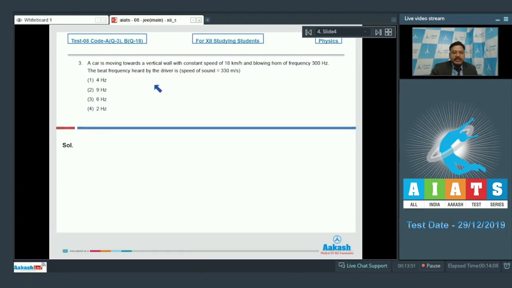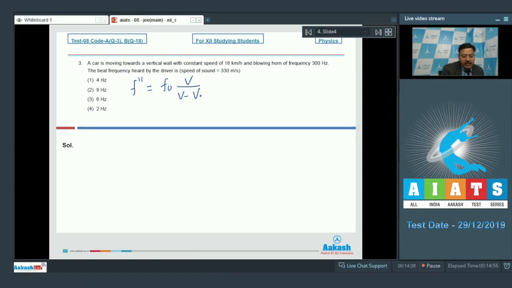Well, obviously the question is based on Doppler effect of sound, and the 2 frequencies that the driver will hear, one is the original frequency emitted by the sound because he is moving with the car, and let's find the other frequency. For the other frequency, let's call it f double dash, will be equal to f naught, which is the frequency emitted by the source, and we first find expression for the frequency heard by the wall. So that will be f naught into speed of sound, let's say it is v, divided by v